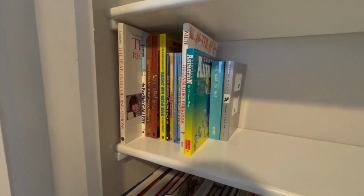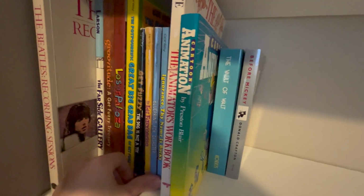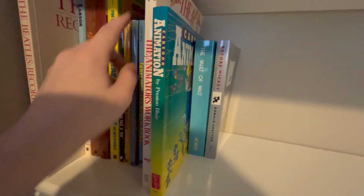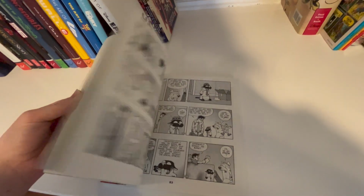So they frequently made references to Tintin in Get Fuzzy, along with a ton of other things that I had never heard of before. I'll show you one of the smaller ones. This one is Blueprint for Disaster. As you can see, the Sunday strips are in black and white in Blueprint for Disaster. Back in the day when they released these treasuries,